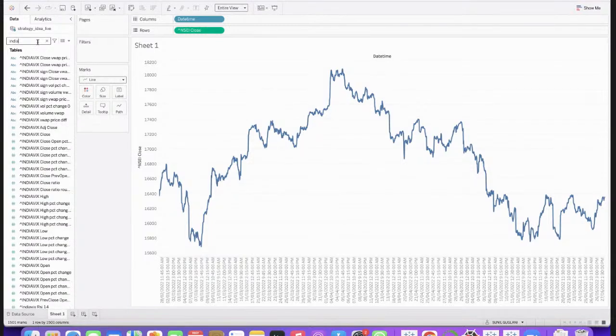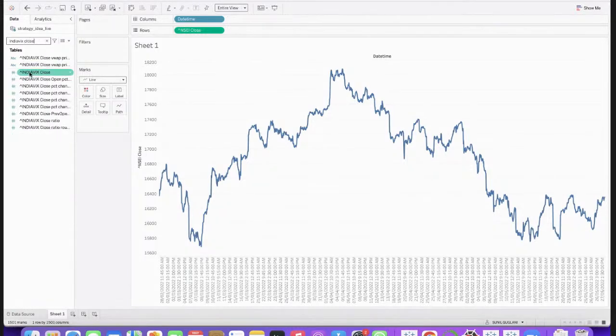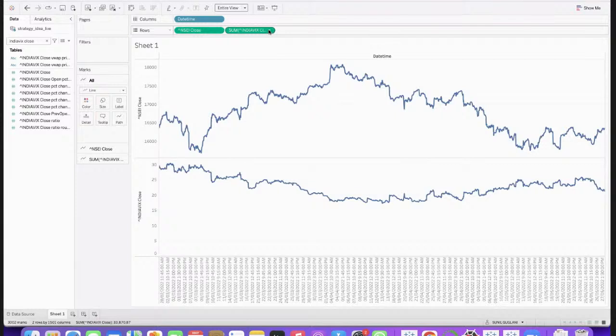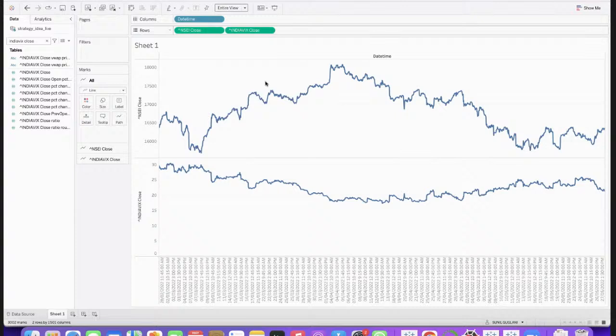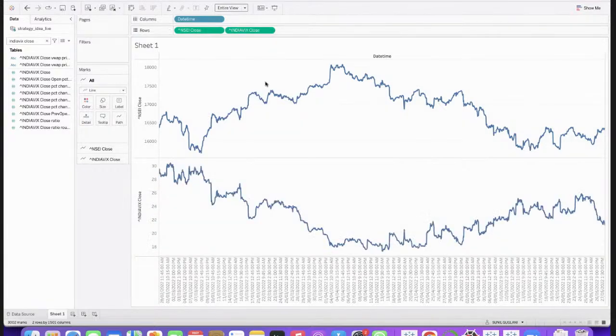Yeah, sounds good. So I'm saying India VIX close. So I can see the close price here. I moved it here. Again, it has converted this into measure. I will convert it back to dimension. If you see closely, both of them look like mirror image to each other. Am I correct? Yeah, they do. So, but to understand it better,